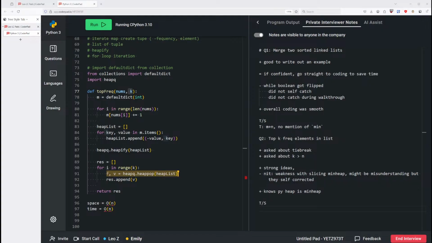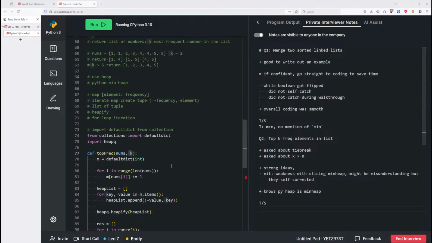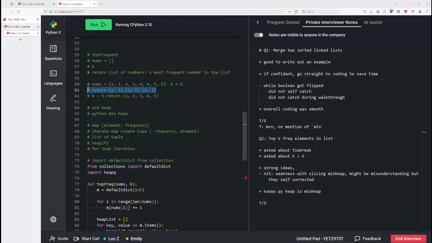Okay, we have a bit of time, so I want to ask you a follow-up on this question. The follow-up question is, now my earlier restriction about how you can return any of the tie breaks,